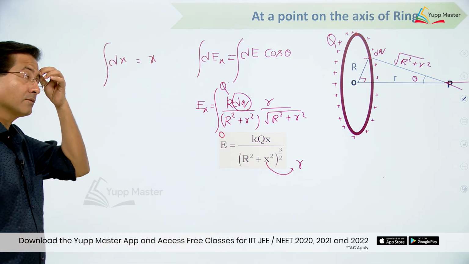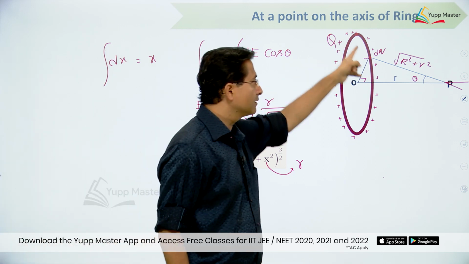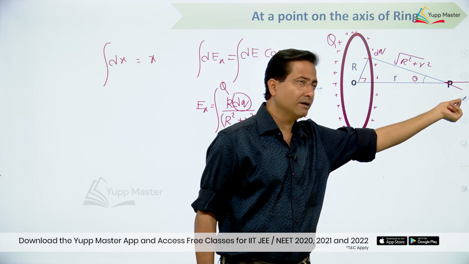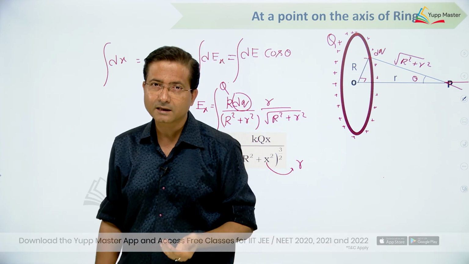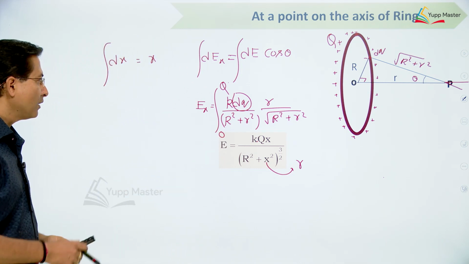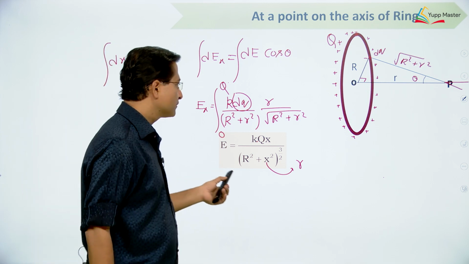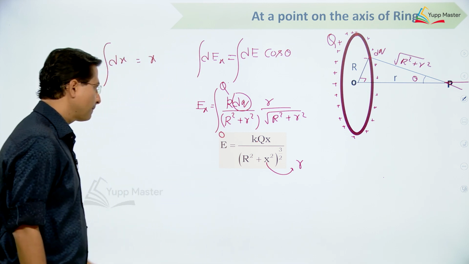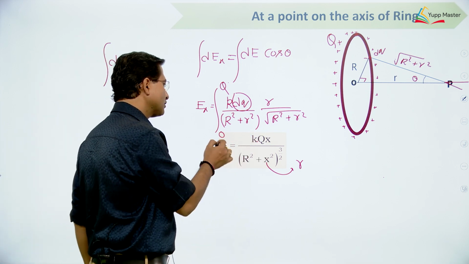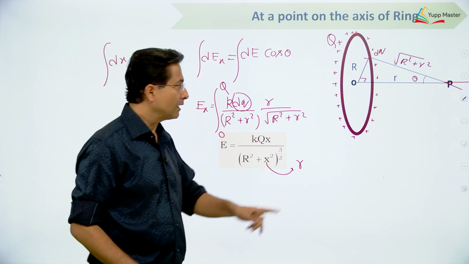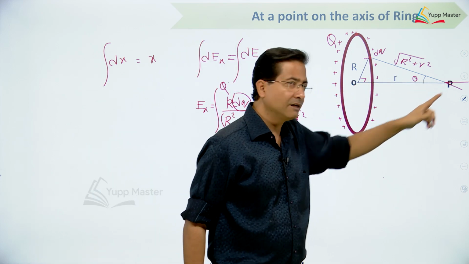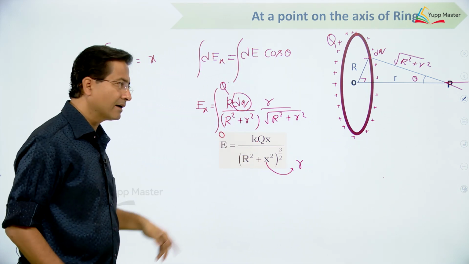So the same procedure: charge is uniformly distributed, we got the field produced by a small element at this particular point. As the field was changing its direction, we resolved the component and we integrated, right. So after integration we got this field. Now look at this function, at x equal to 0, this value is 0. So at x equal to 0, the value of field is 0. As you go till infinity, take this x square out.